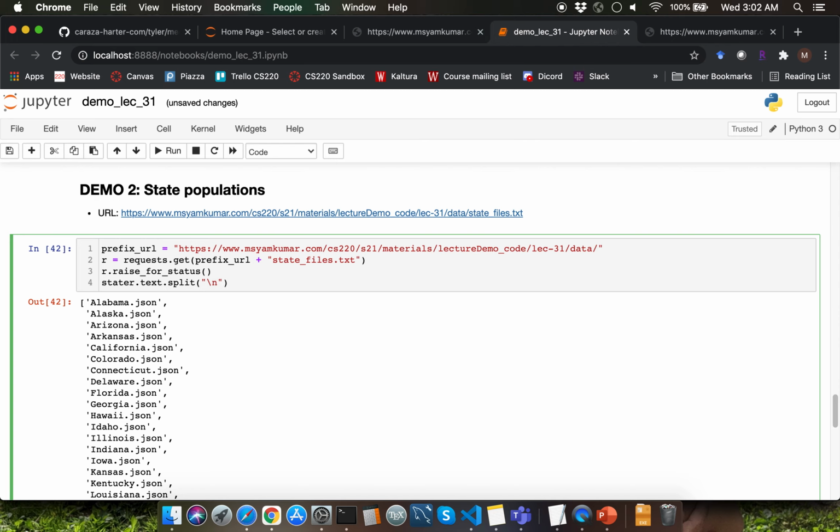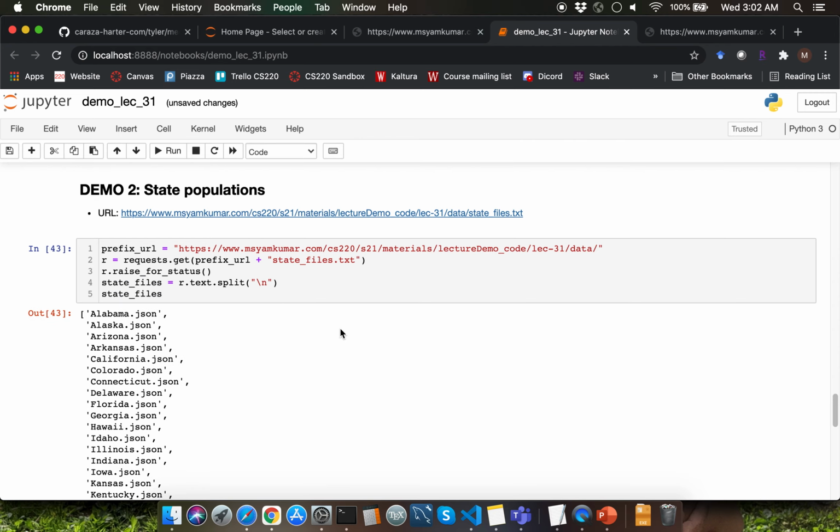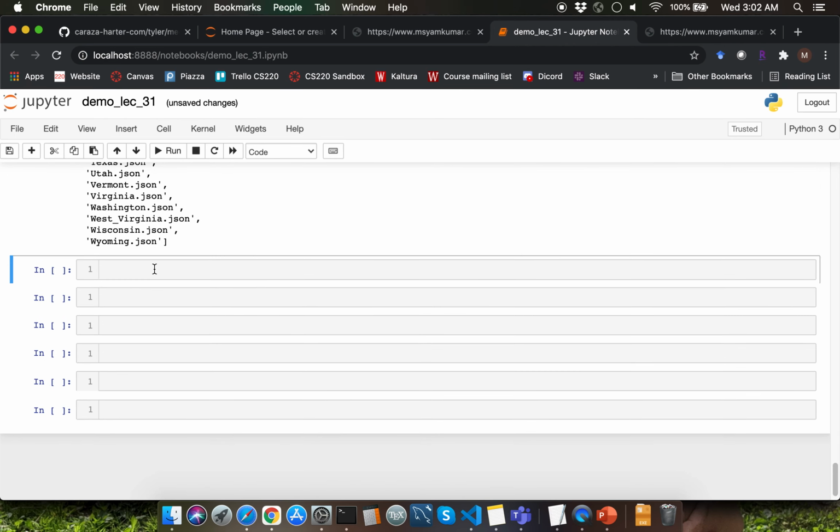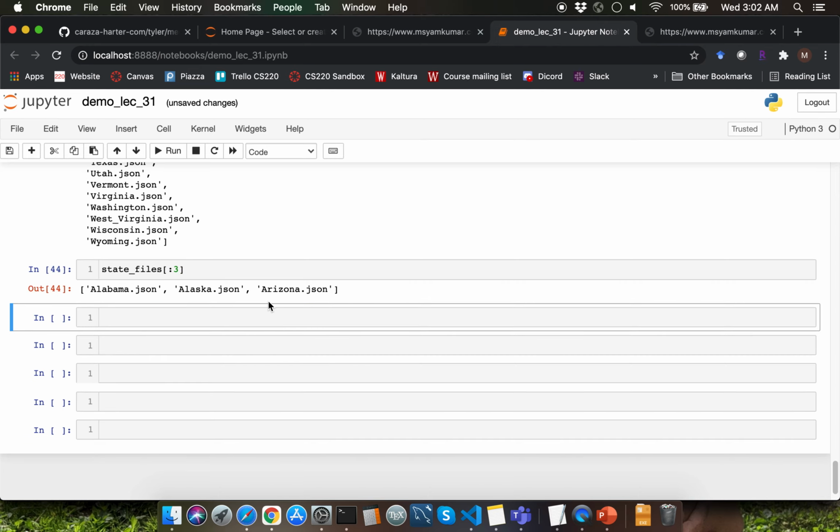I'm going to capture that into a variable called state_files. We are going to iterate over the state files in order to download content from each of those state files. Before we finish writing the program, I don't want to be iterating over all of the state files here. Let's use slicing in order to extract just the first three state files. So I'm going to type the list variable, which is state_files. Within the square brackets, I'm going to type my slice as :3, and that's going to enable us to retrieve just the first three state JSON file names.